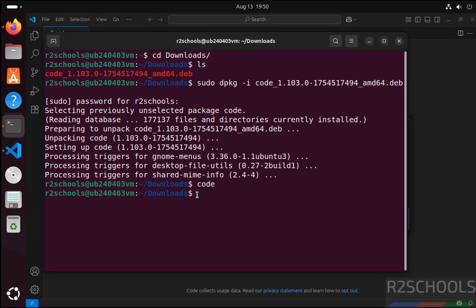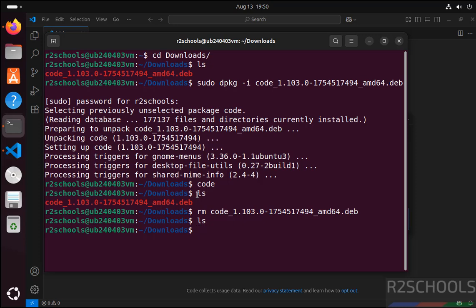Okay, so yes, this file is not required anymore because we have successfully installed it, so rm code. Enter ls, so we have cleared the space. Okay, so in this video we have seen how to download and install Visual Studio Code latest version on Ubuntu